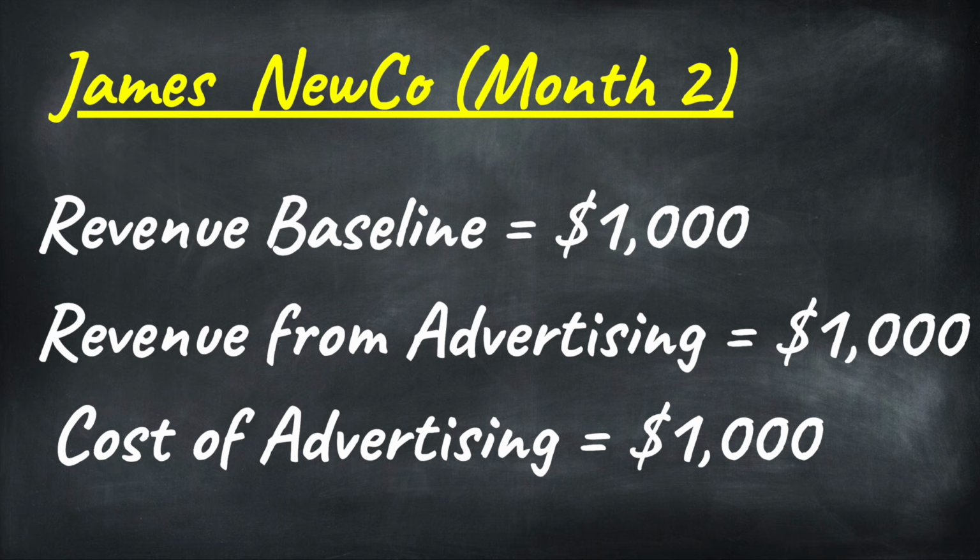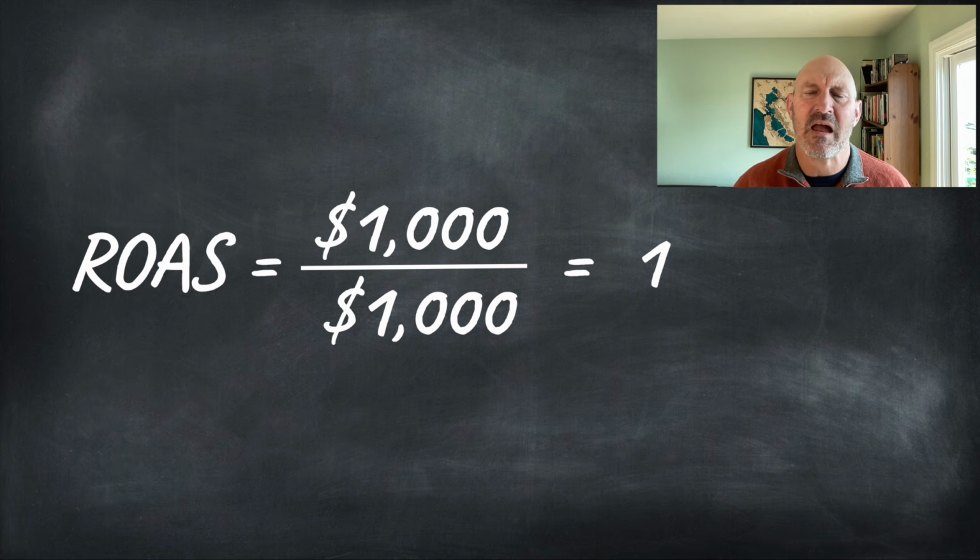And at the end of the second month, their revenue is $2,000. So the incremental revenue through advertising is $1,000, which means that their iROAS is 1,000 divided by 1,000 equals 1. The reason this is significant is it means that there was effectively no incremental benefit from spending that $1,000 on advertising. It was a wash. If the iROAS is under 1, it means that your advertising budget is literally hurting you. The incremental benefit is less than the incremental cost.